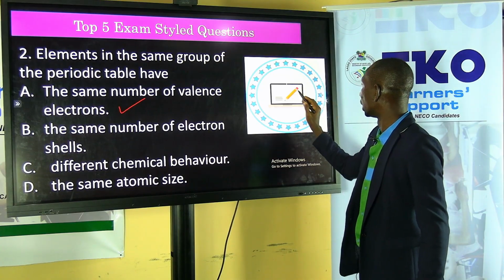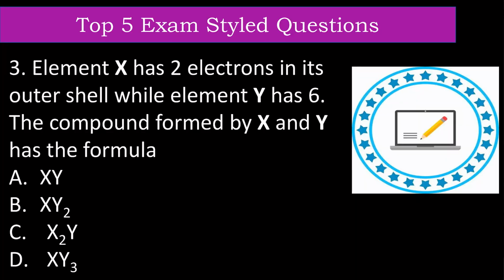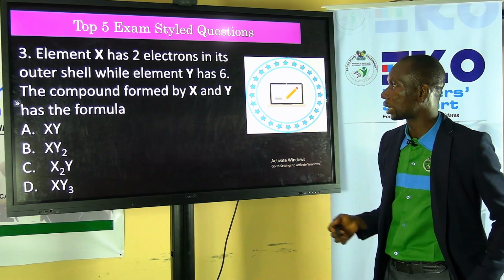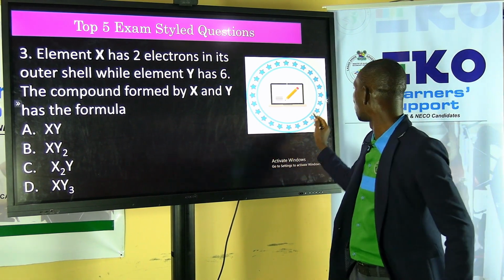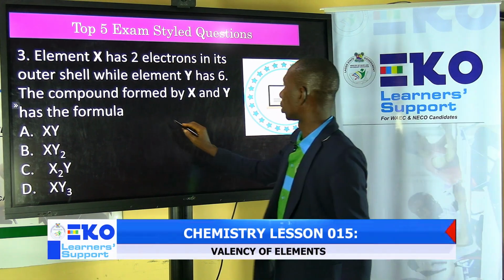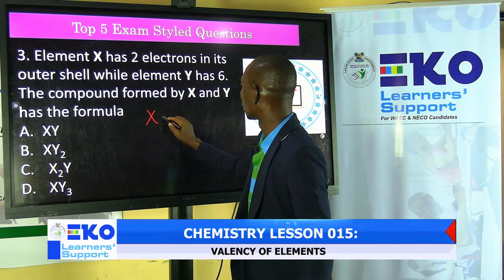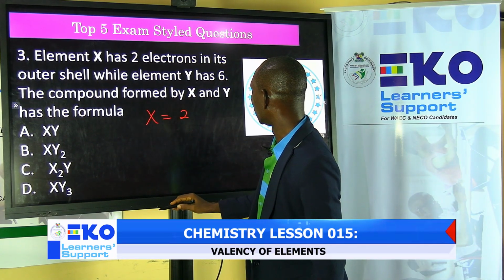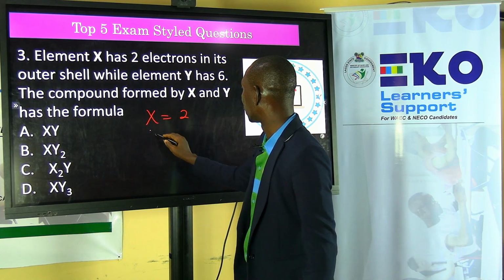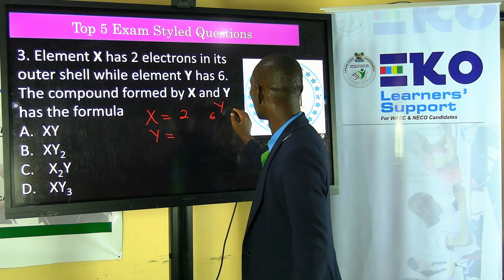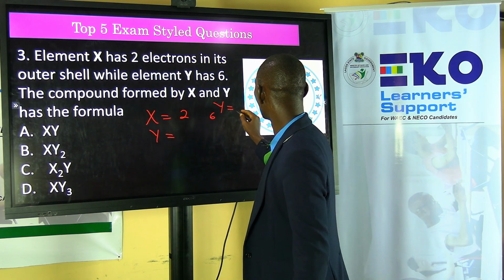Let's move to the next one. Element X has 2 electrons in its outer shell, while Y has 6. What is going to be the formula of the compound that they are going to form? Okay, so the smart thing for you to do here is simply to look at the electrons. X has 2 electrons. Yes, the valency is 2. Y, the element Y has 6. Okay, and that 6 electron is going to be what? It needs to gain,